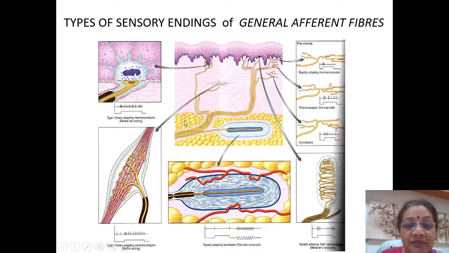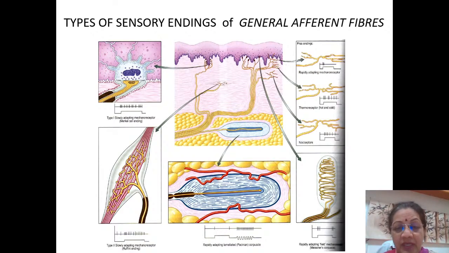It seems to be embedded in the fat layer of your dermis, right? In the layer of fat beneath the skin, superficial fascial fat that you have, a rather large size receptor compared to all these little very tiny ones. This seems to be very big in size, right? It's a huge one. It seems to have a very specific architecture. So when you look at it expanded, you see that the nerve ending is expanded into a bulbous thing. It seems to have some layers, fibrous layers or something laid down in concentric